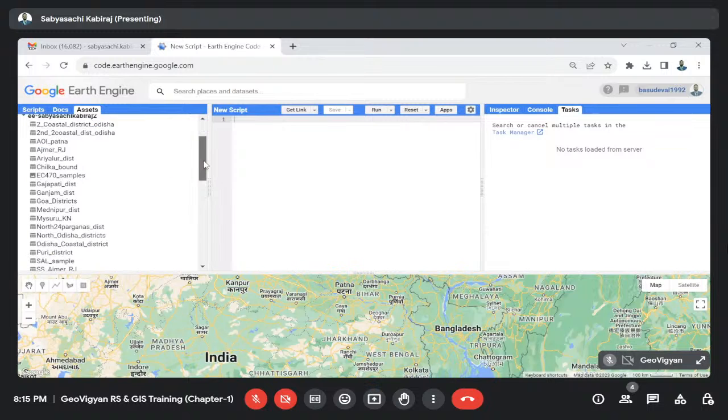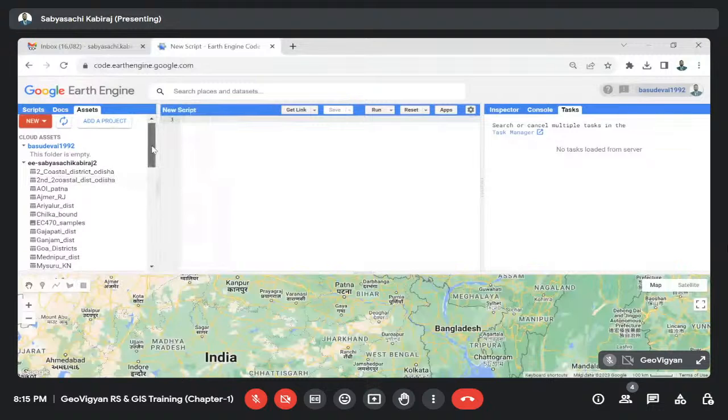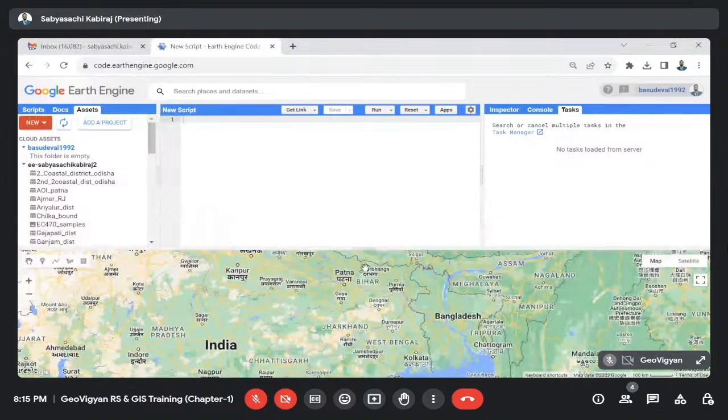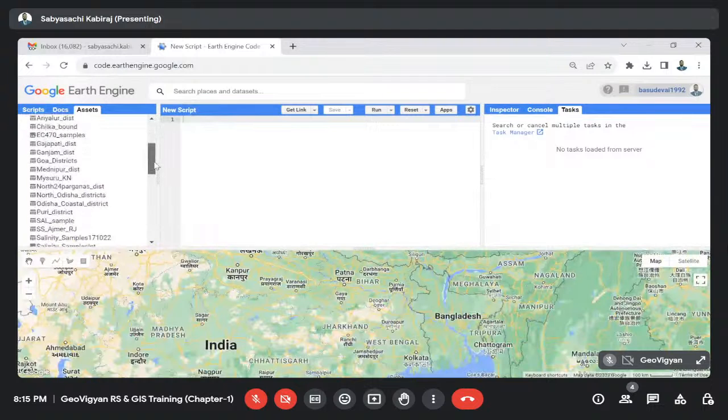So likewise, you can first upload your region of interest where you want to do your analysis. I hope this part is clear. Now my region of interest we have uploaded. The second thing is, once my region of interest is uploaded, I want to visualize that. Whether it is uploaded here, whether it is supporting properly, whether it is adding to the layout or not. So that I want to see. So for example,